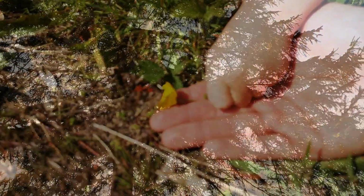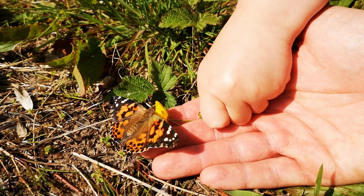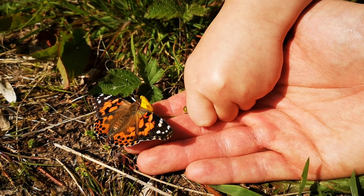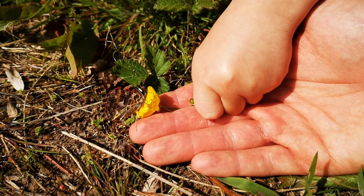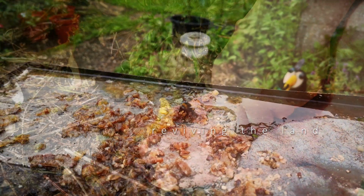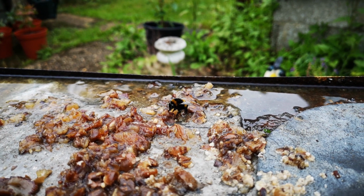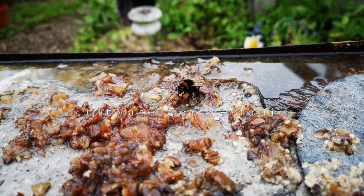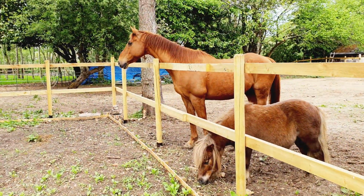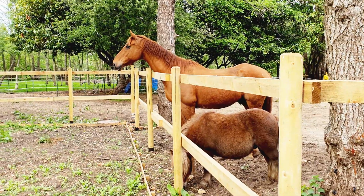However, in the meantime, you can concentrate your efforts on cultivating the land. And that is exactly what we did. We focused our energy on reviving the soil and vegetation to benefit the flora and fauna. This included clearing immense bramble bushes, erecting post and rail fencing to make the land secure before bringing our horses,